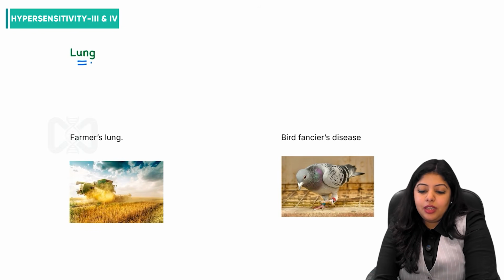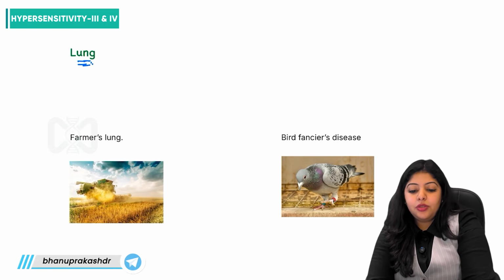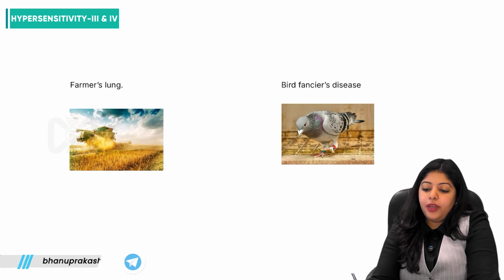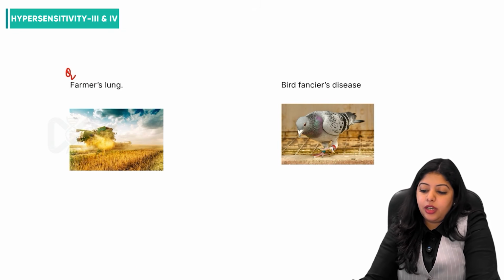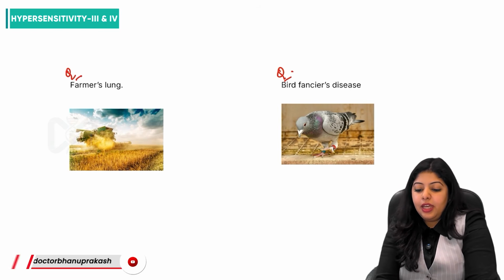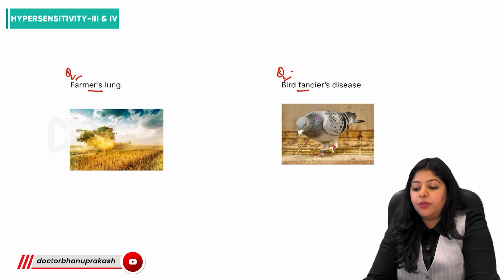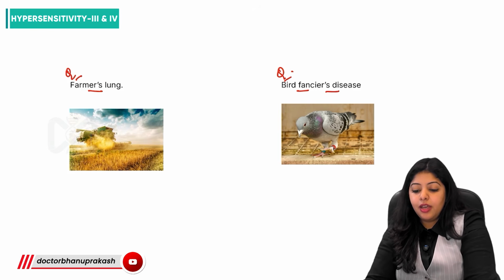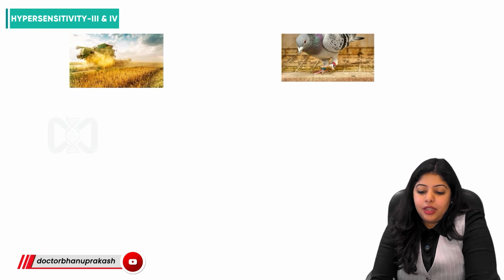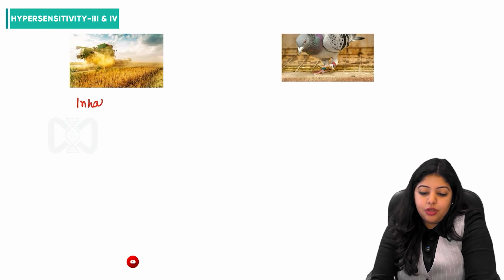Now what happens in lungs? There is going to be an allergic reaction to a lot of antigens which we inhale, right? So there are two very important conditions which are asked in your exams related to type 3 hypersensitivity. These are farmer's lung and pigeon breeder's disease. What happens in farmer's lung? There is inhalation of